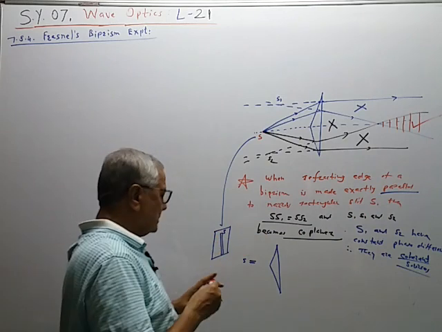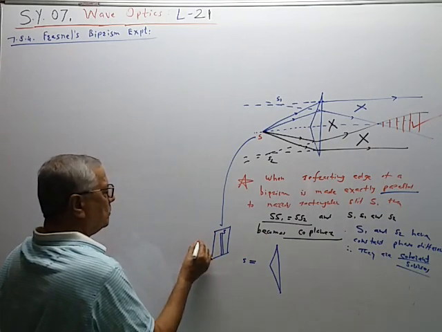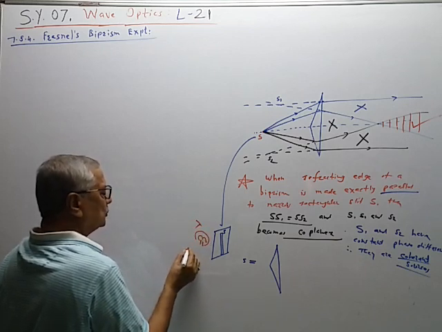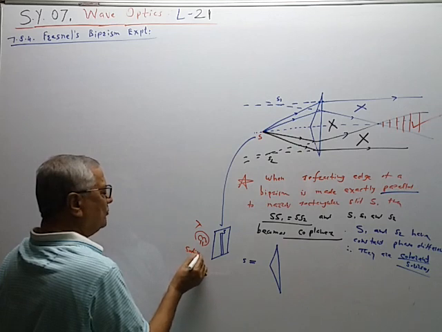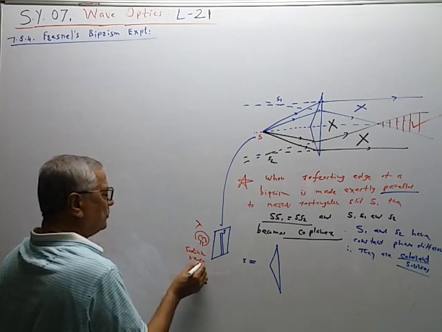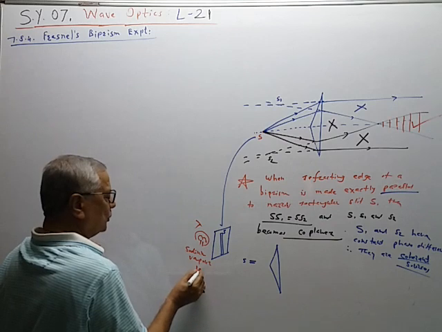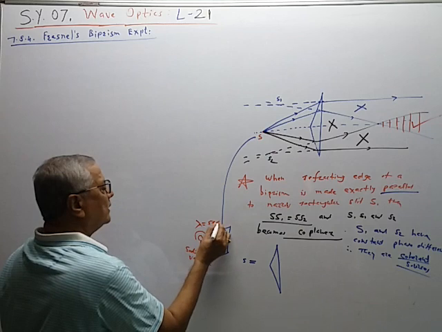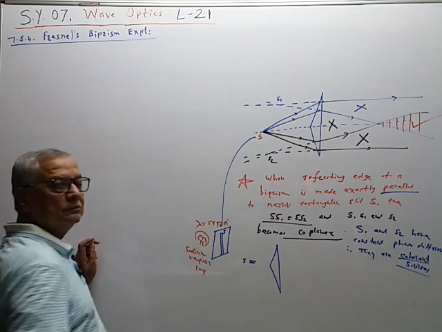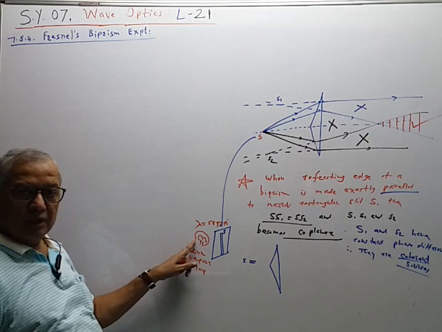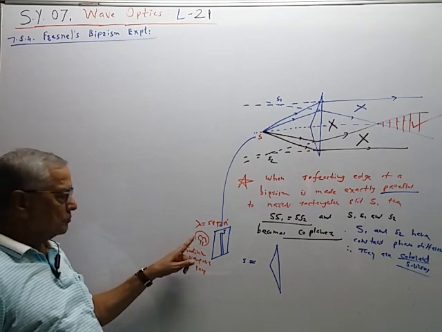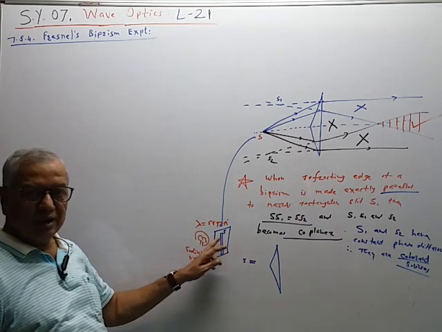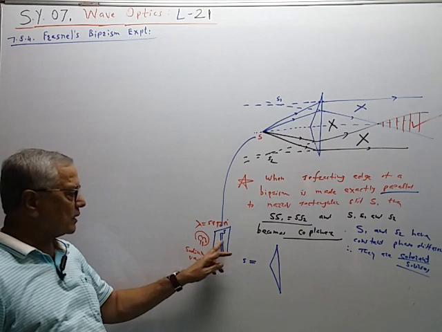Now, behind this slit, there is a monochromatic source, like a sodium vapor lamp. Sodium vapor lamp is the best example of a monochromatic source. It produces monochromatic light of wavelength 5893 angstrom. So behind this slit, a monochromatic source is kept. From this source, the monochromatic light is incident on the slit. From this slit, cylindrical wavefronts having only one wavelength are coming out.